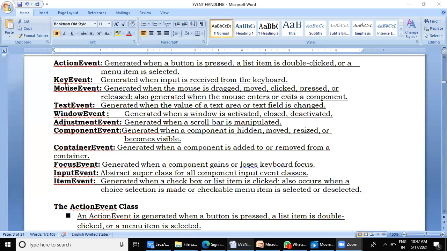In this first chapter, you will be learning two programs. One is about mouse events and the second is about key events. Remember that. So the third event class we are going to learn is MouseEvent.